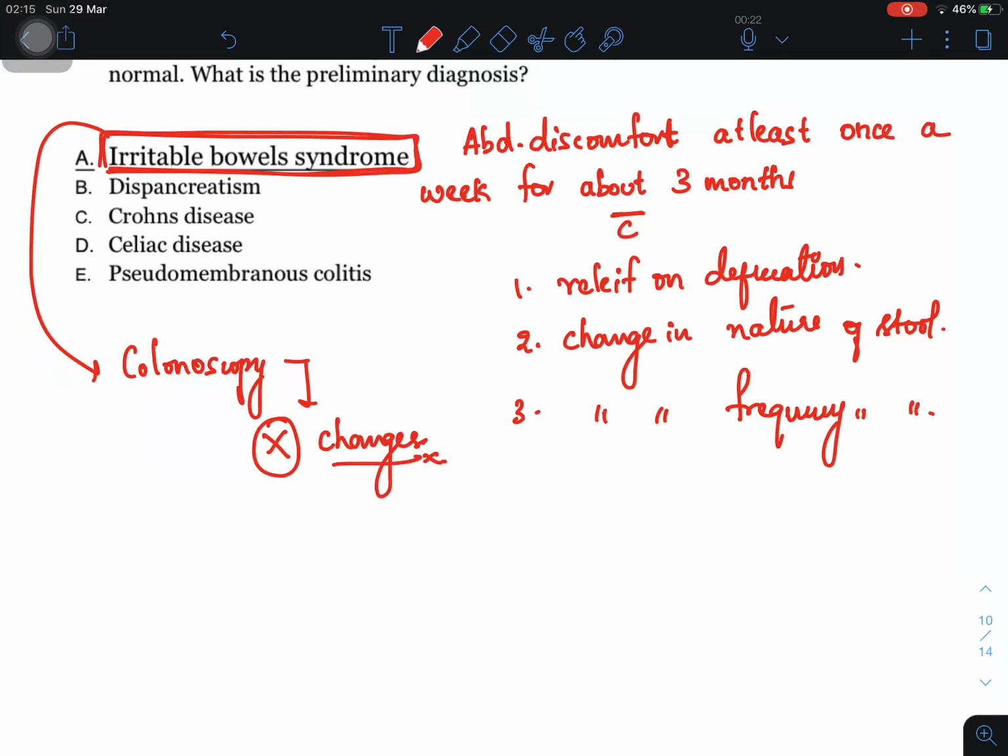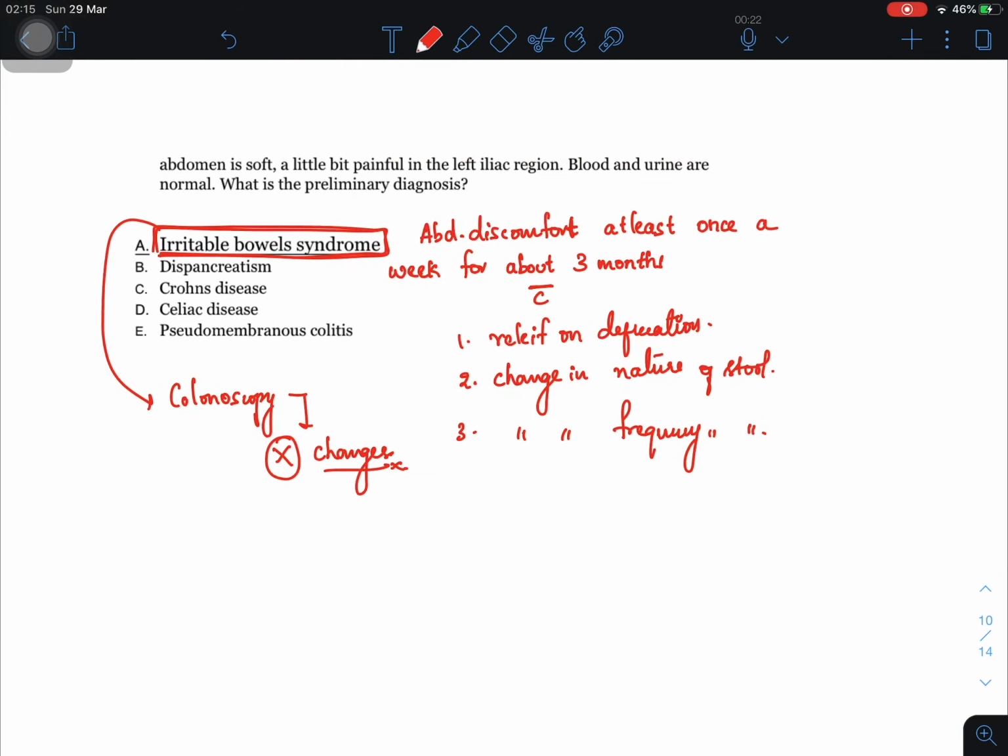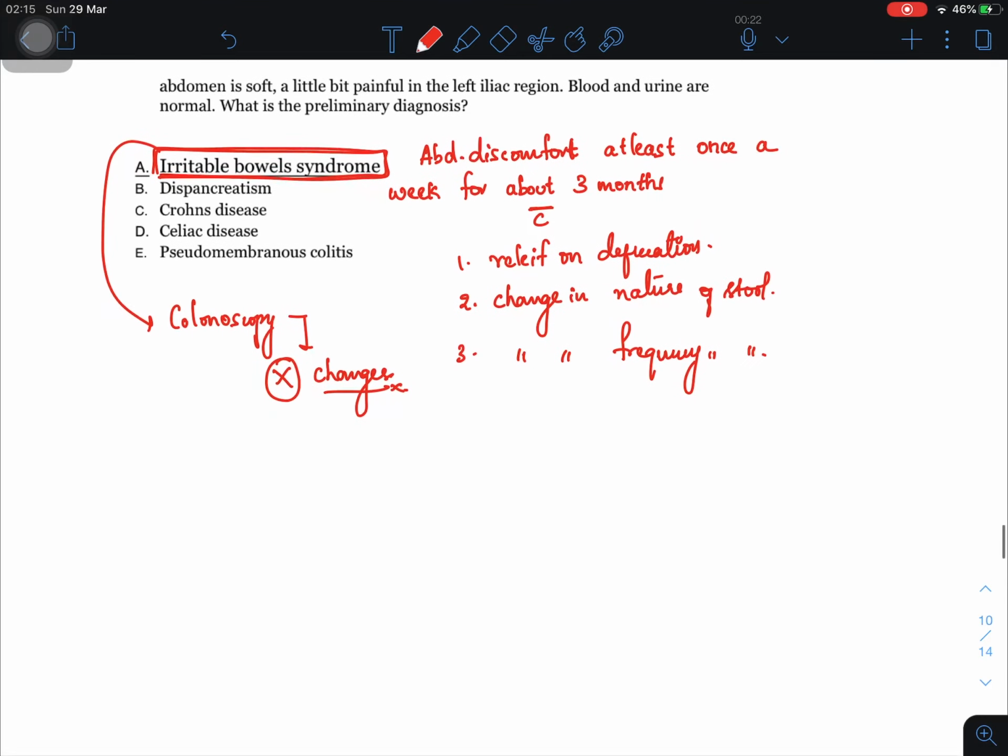You don't find any changes in the colonoscopy. Colonoscopy will be absolutely normal. So this is irritable bowel syndrome. Now, before discussing option B, I also want to tell one more thing,